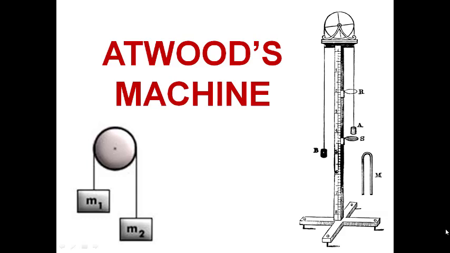The first one is Atwood machine. So you just see the basic setup of an Atwood machine. It consists of a pulley with a wheel which is rotating on an axle, along with two masses M1 and M2. These two masses are connected by a string or a wire or a thread and placed over the wheel. So a frictionless pulley is acting on it.